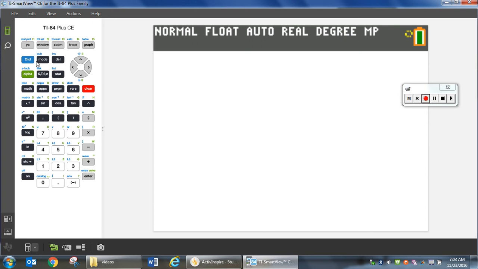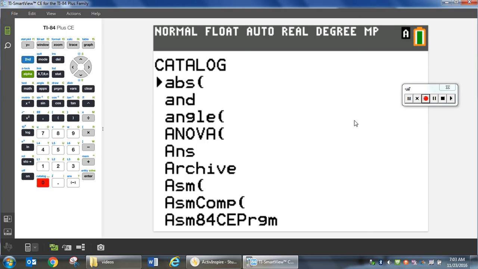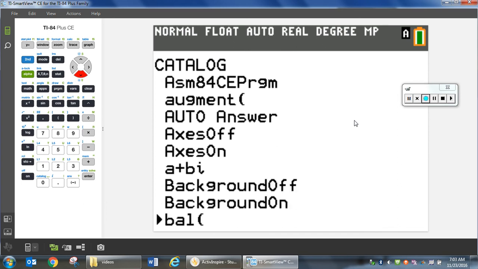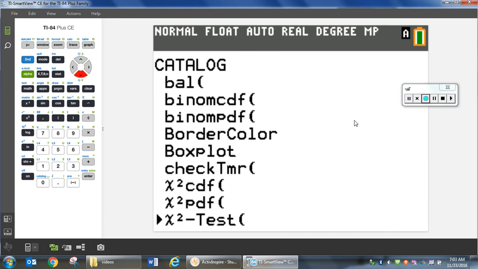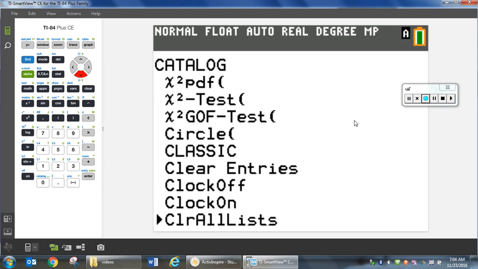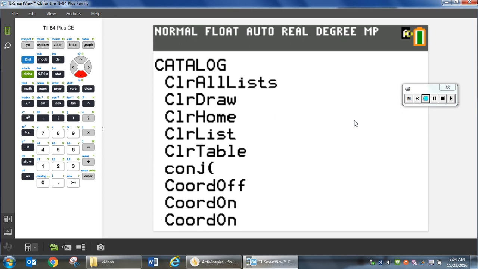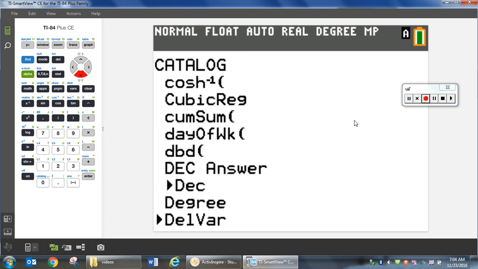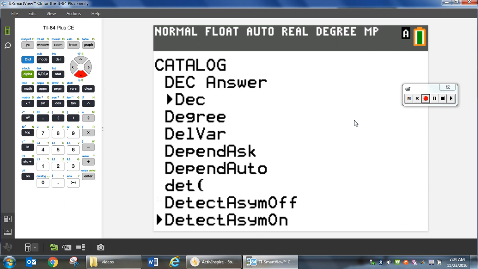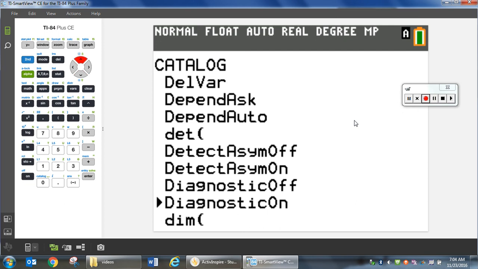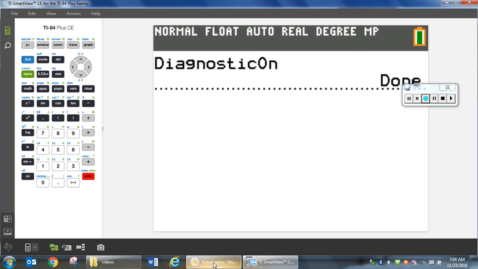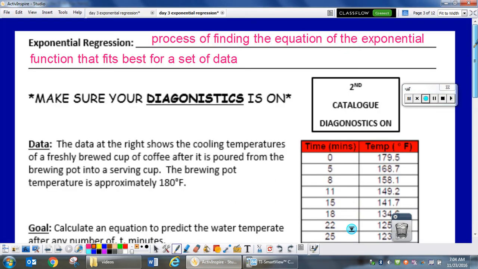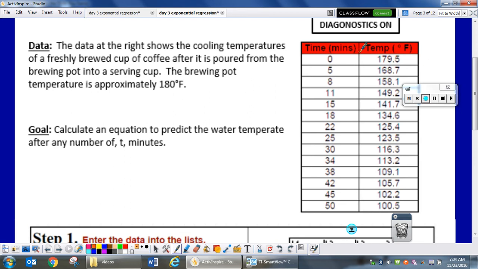So that is second 0, which gets you to the catalog, and you scroll down to diagnostics. It is in alphabetical order. And you want them on. So you hit enter twice. Enter, enter. Okay? And then our problem is the data at the right shows the cooling temperatures of freshly brewed